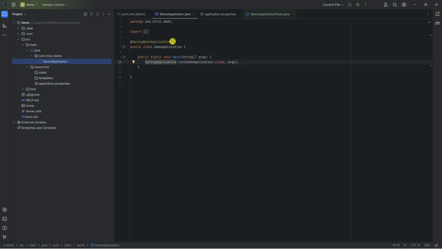But before we write the hello world, I would like to make sure that we can run this application properly. To do that, you can click on here or here. Okay, click on this, run.